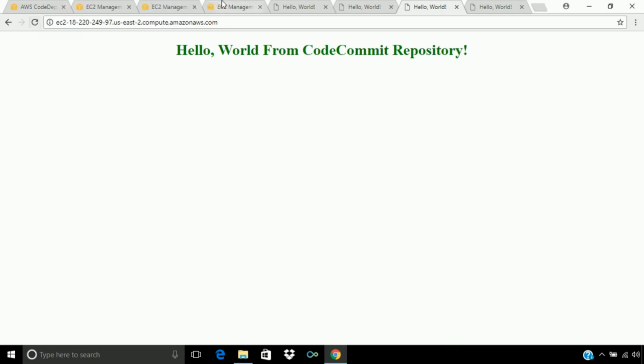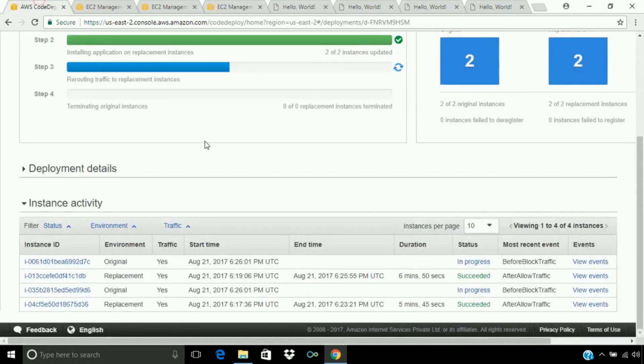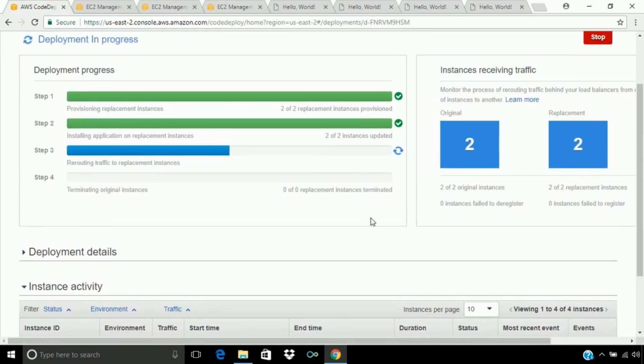Now we can compare those two code changes and test also, and if everything looks fine, then we can terminate the original instance. Otherwise we can reverse all this traffic to the original instance instead of the replacement instance. So this is how blue-green deployment can be useful for this type of scenario.